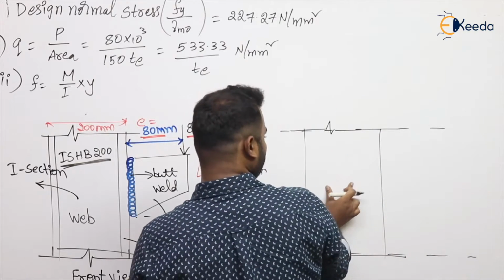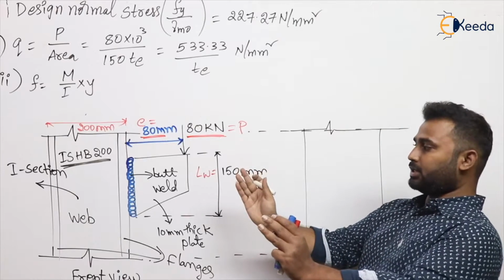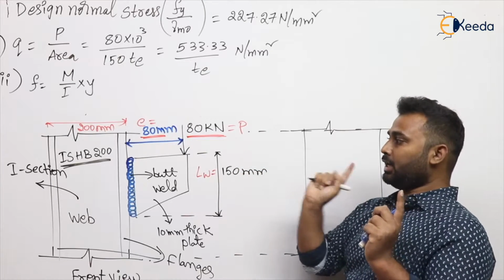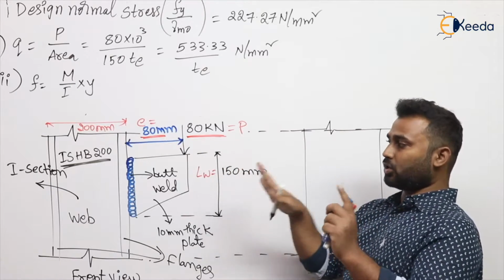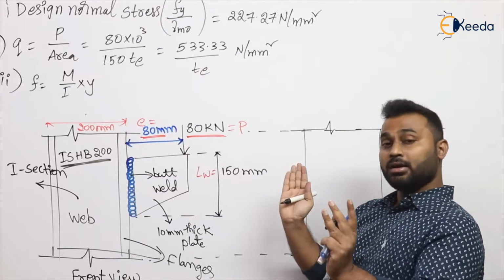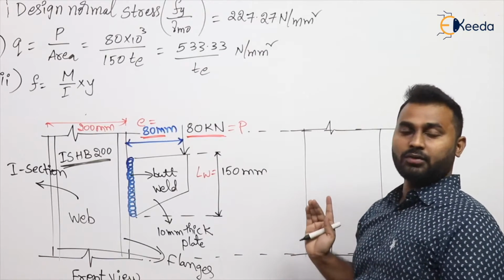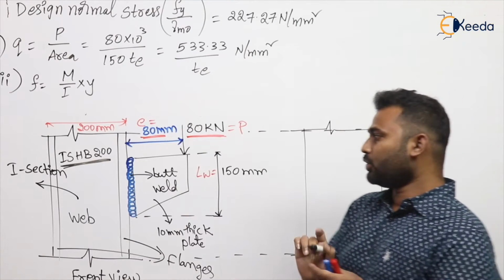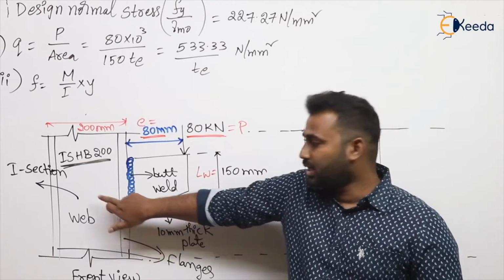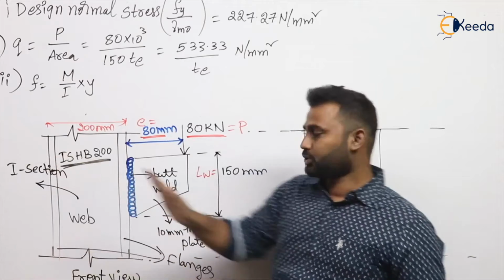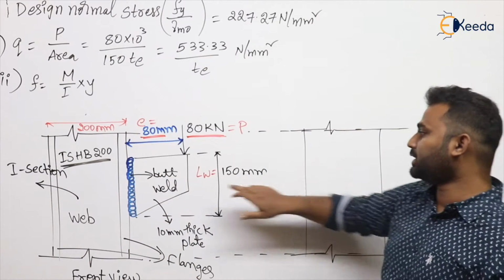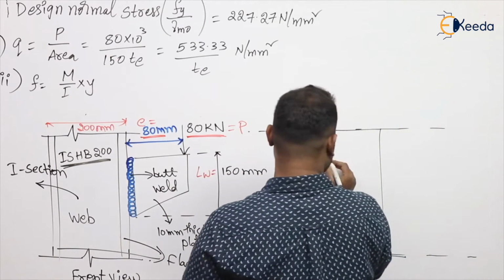So this is the flange. In side view means this is how it appears. When we see the total arrangement in this view, the side view is visible. In that side view, only one flange can be seen, not the web or the other flange. So this is that flange. Now to that flange, this bracket is connected. This is the bracket.